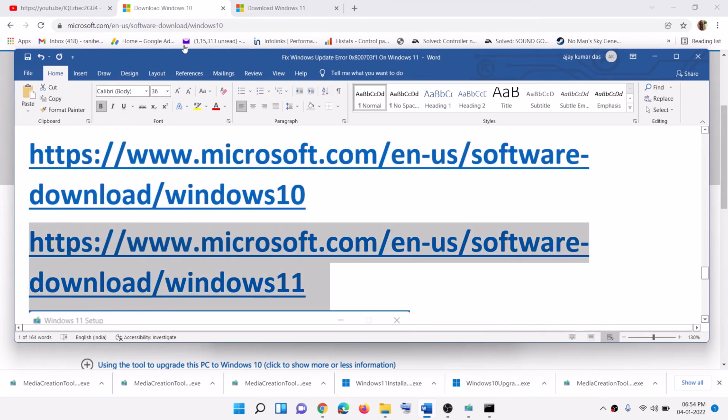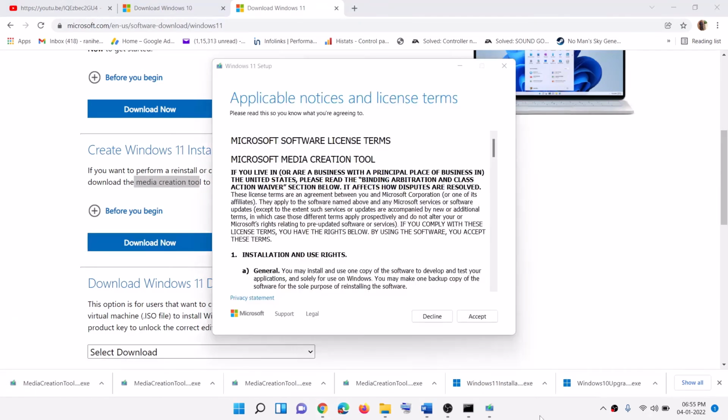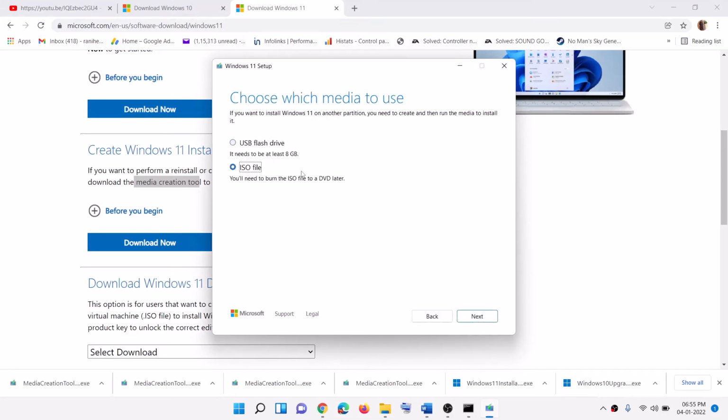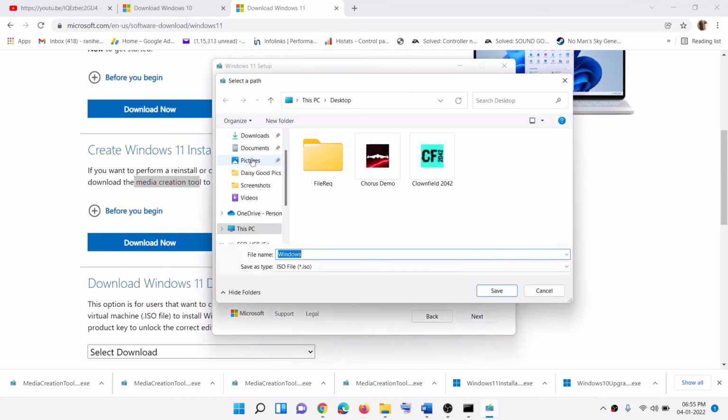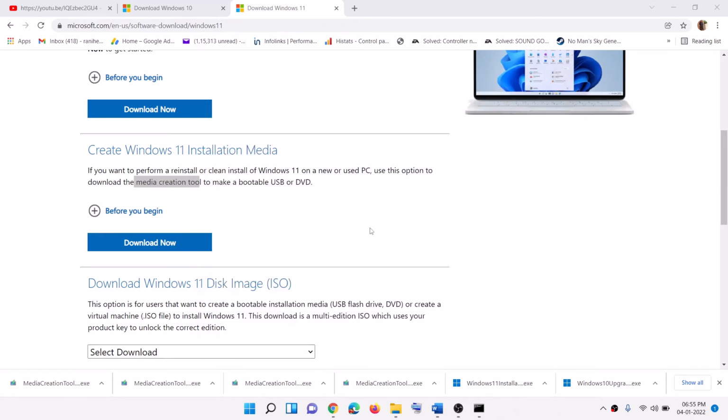Now, if you have Windows 11, go to this website. And then here you can see media creation tool. Click on download now. And then run this exe file. Now click on accept. By default, Windows 11 would be selected. Click on next. And then select ISO file. Then click on next. Now you can save it to desktop. So select desktop over here. And then click on save. Now once the download is complete, go to desktop